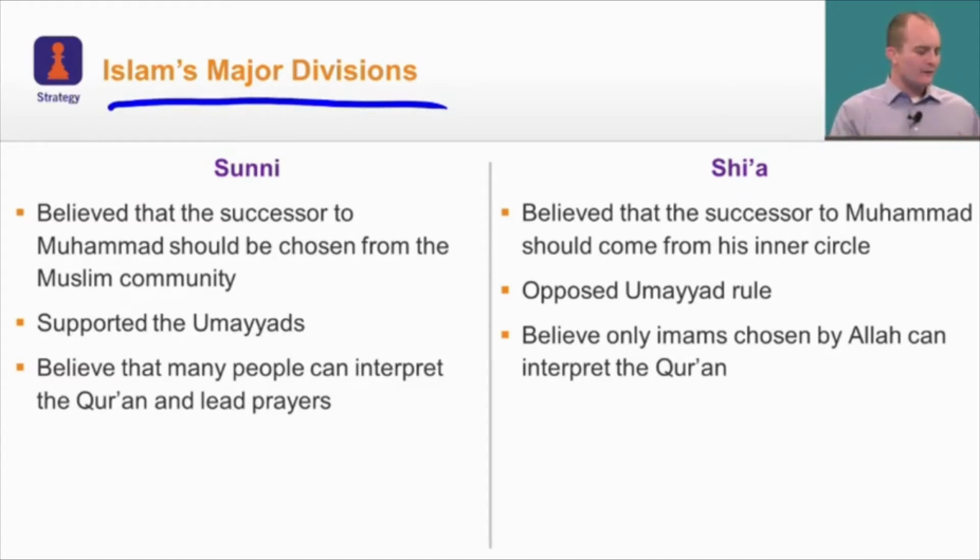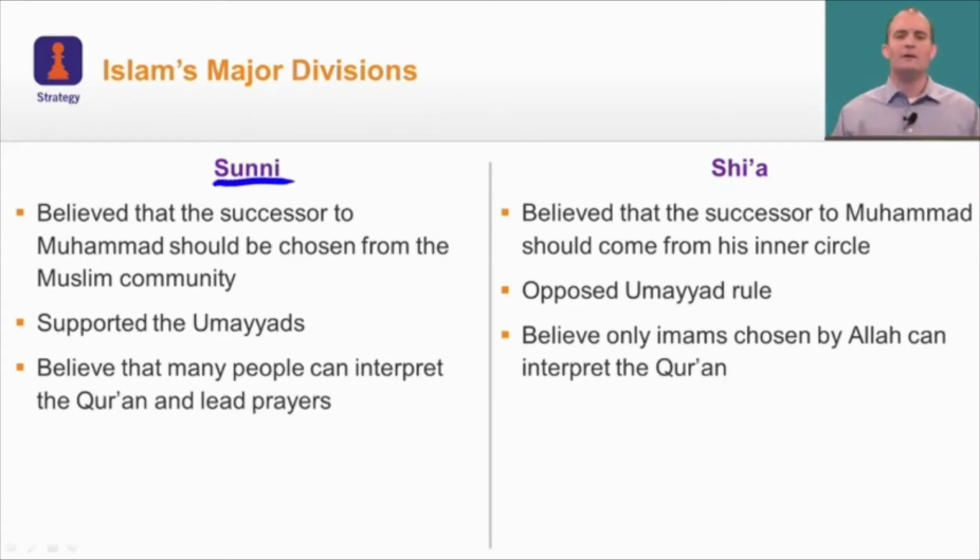So a way to think of it is this. If this is Islam, it gradually split, not immediately, but over time. And instead of just being one, you had the Sunnis, and then you had the Shias. Both of them are Muslims, but they are two distinct groups. You saw this also in the Christian church during the Great Schism, where you had the Roman Catholic Church and the Eastern Orthodox Church. So a bit of a similarity there. But let's take a look at this division.